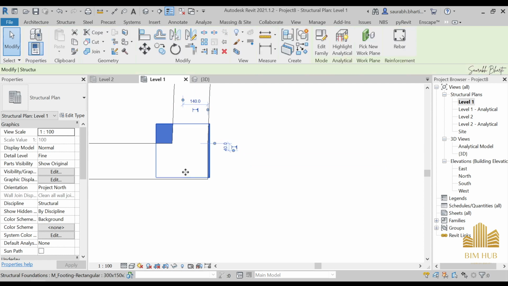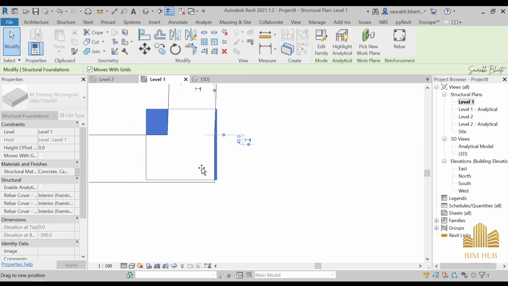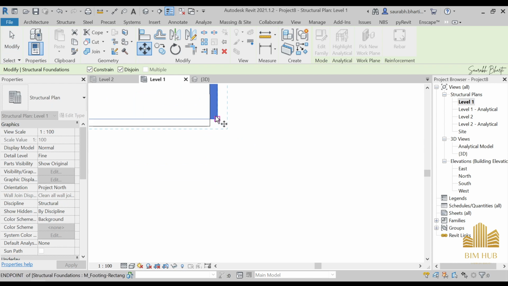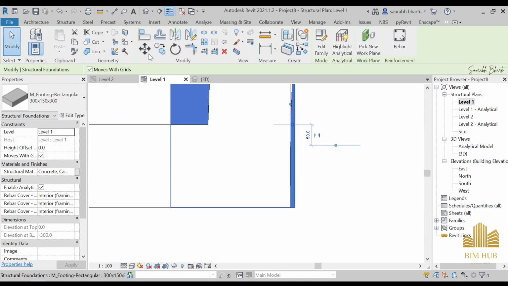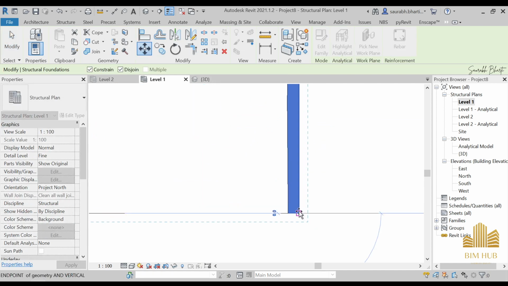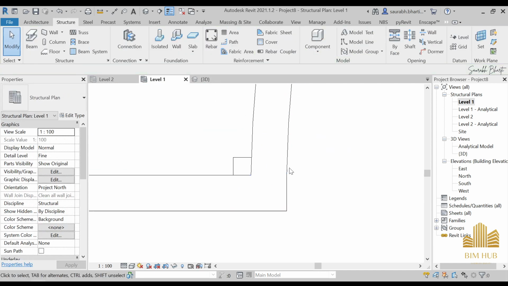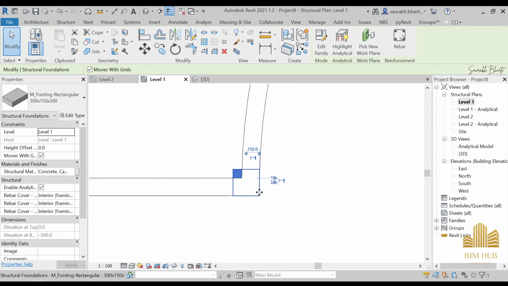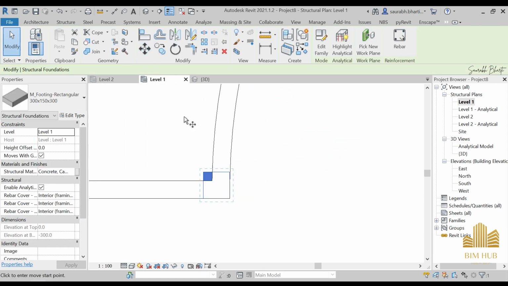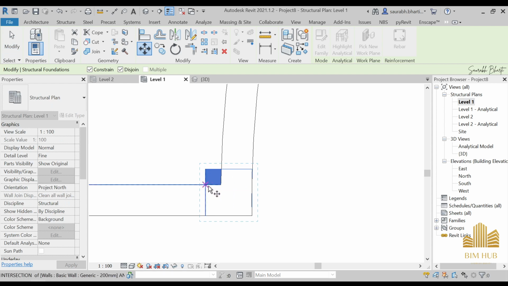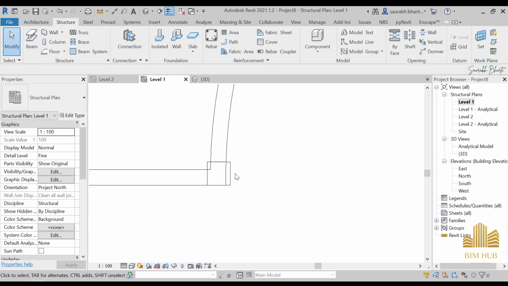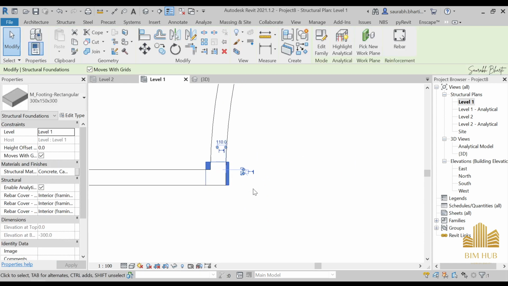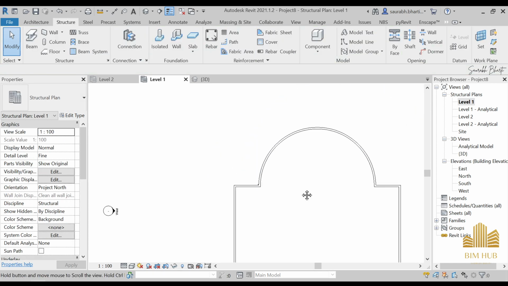You can also select this and move it by yourself, just like this, or you can use this button also. So you have to move it from here to here. Now you can see that we can easily move it, and if you want to move it on the inner side, just select this place and select this place, and now you can see that this has been provided on the inner side of this wall. You can also place it in the middle of it. So let's try to put something like this, and now you have this one. If you also want to move it, you can also use your keyboard buttons. As you can see, we can use our keyboard buttons to move it. So these are the options to move. Then